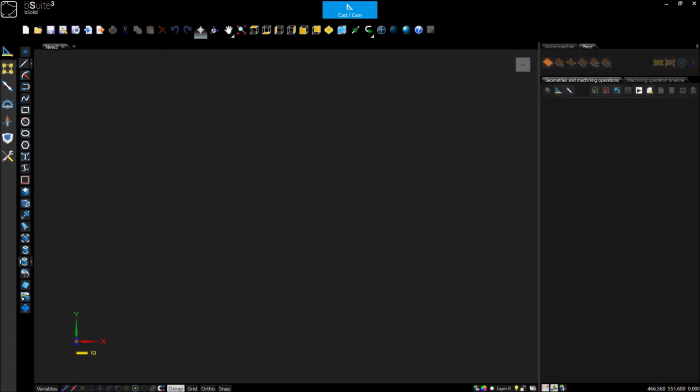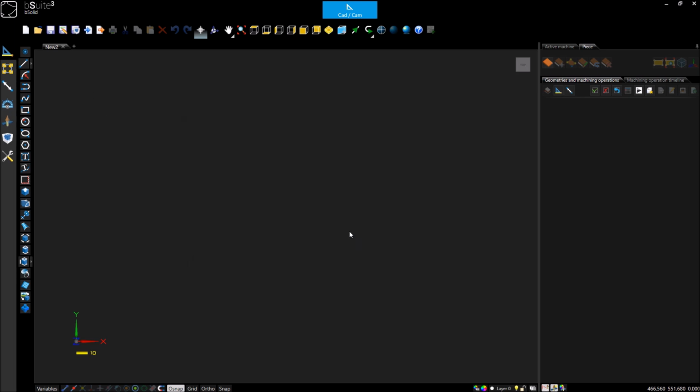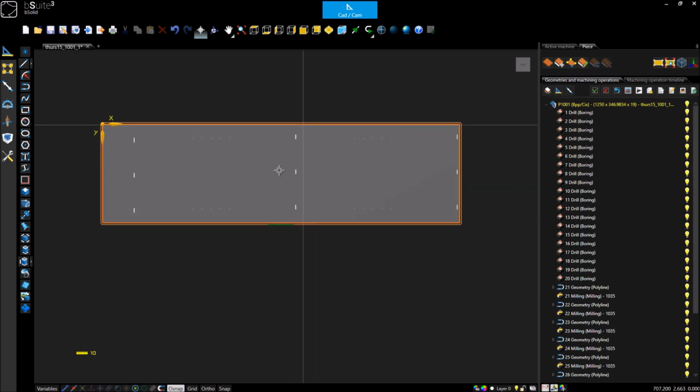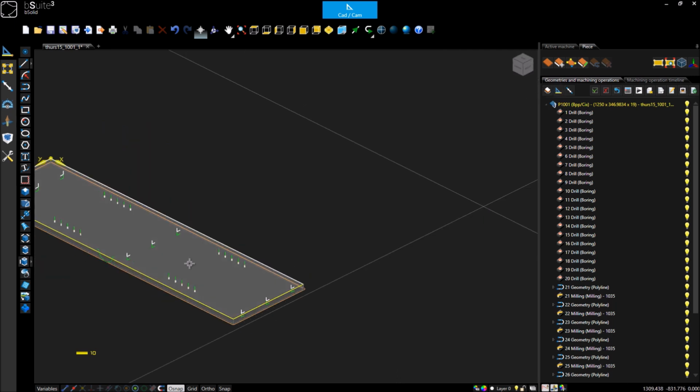So now that the programs have been generated by imos, we can switch over to our machine program. In this case, it's the B Suite software from Biesse. The first thing I'm going to do is import my program as a test. And this is a side panel here. I can see I already have some drills and some milling. And if I come into a 3D view here,